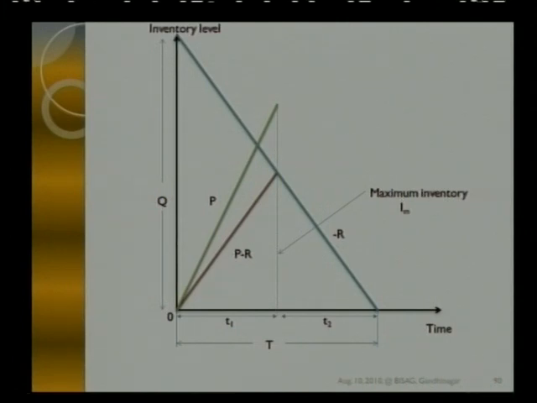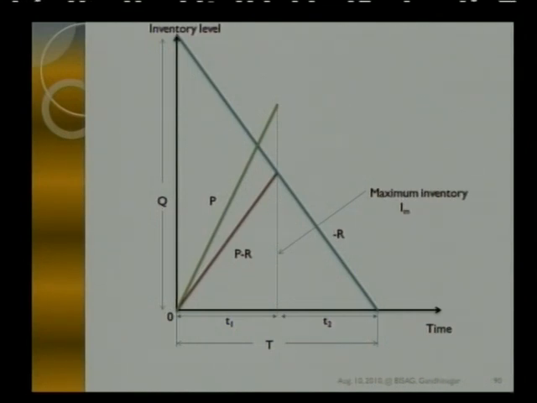Now I have production and demand going simultaneously, so the brown shaded region, which starts from 0 and continues up to T1, accumulates at P minus R units. Suppose you are producing 10,000 units and demand occurs at 500 units, so every time you will have P minus R, or 10,000 minus 500 units, in the system. At point T1, you have attained the maximum level of inventory. After that you have to stop the production. So whatever inventory you have accumulated in the system will get exhausted to 0 during the cycle time T2.